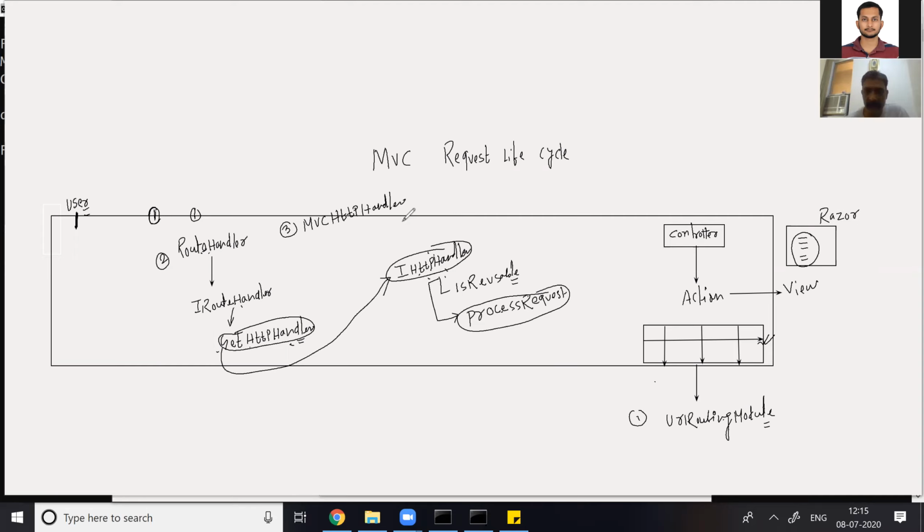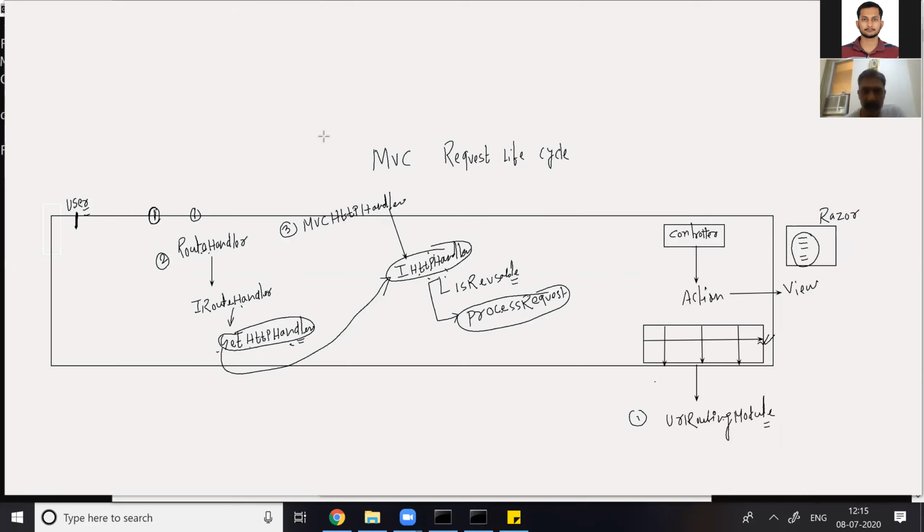This class defines the method called ProcessRequest. The ProcessRequest function is said to be the entry point for the MVC application. It acts as a main function in a Windows application, WPF, or even .NET Core.